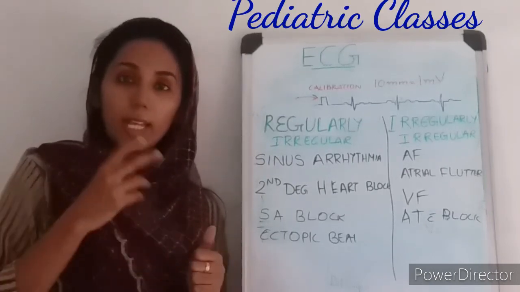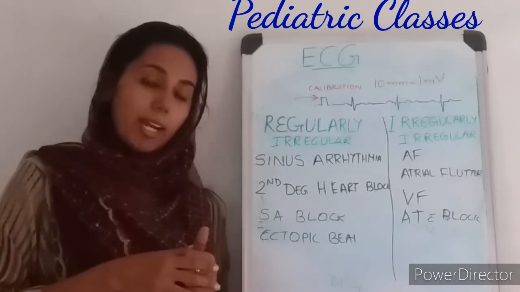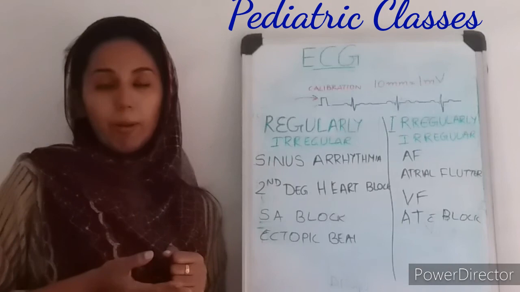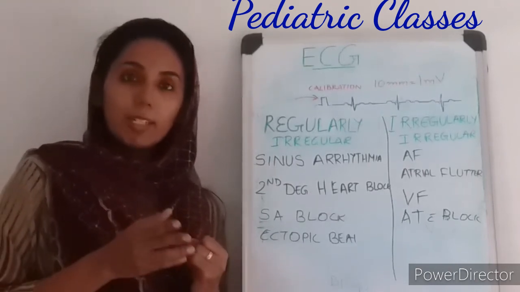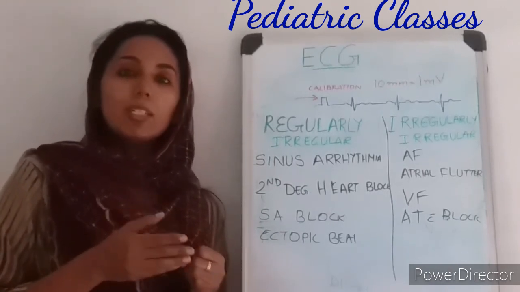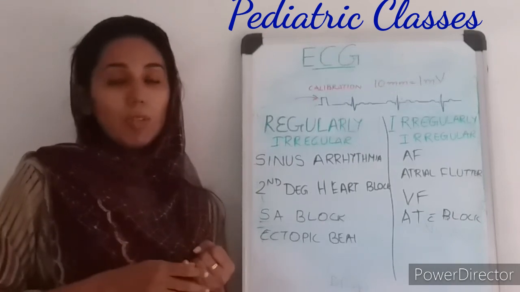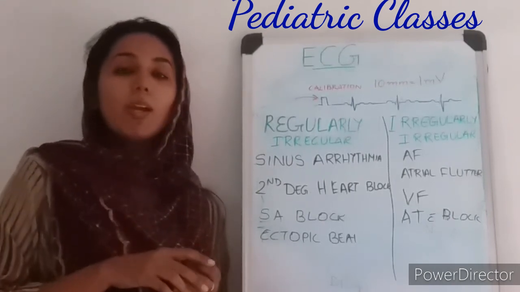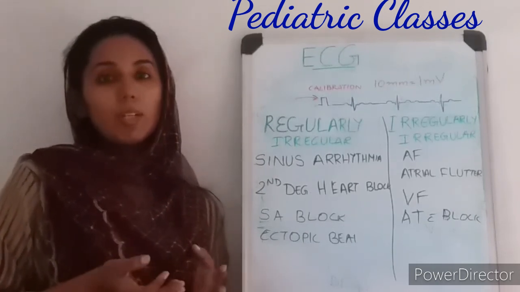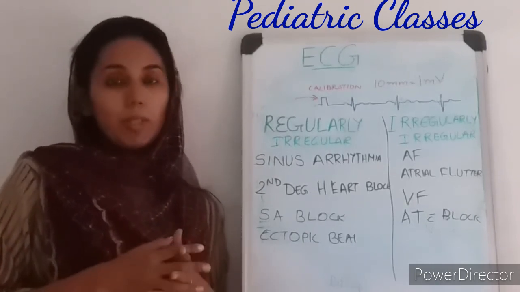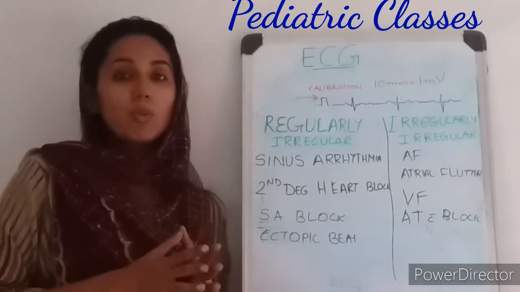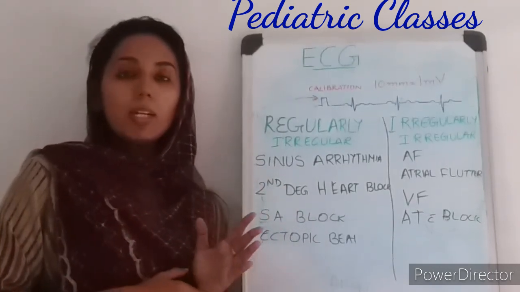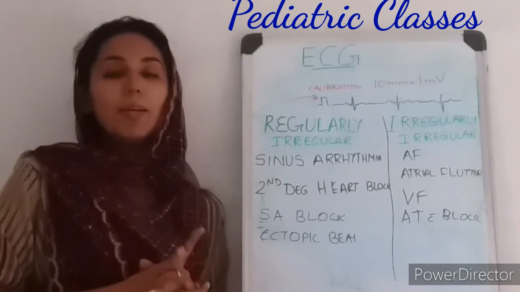Then we have to find out whether the amplitude is normal or very high. About the ST segment, whether it is elevated or depressed. We have to look at the T wave, whether it is normal or a prominent T, as seen in hyperkalemia. And then the U wave, whether it is prominent, inverted, or normal. And don't forget to calculate the QTc. So once you do this in a systematic manner, you may not miss out anything. Okay? Thank you.